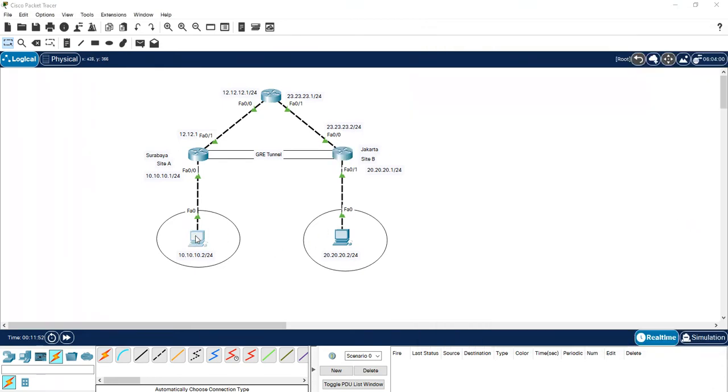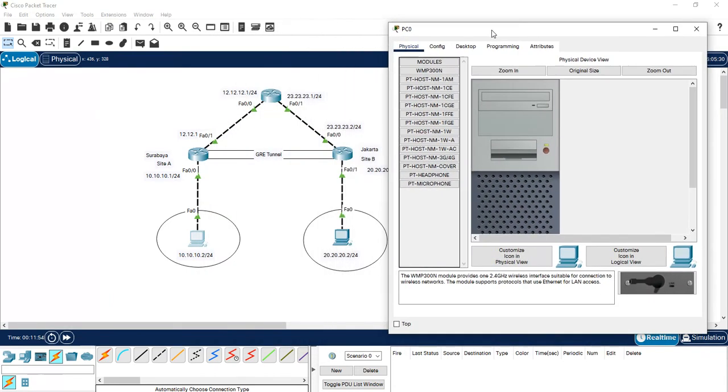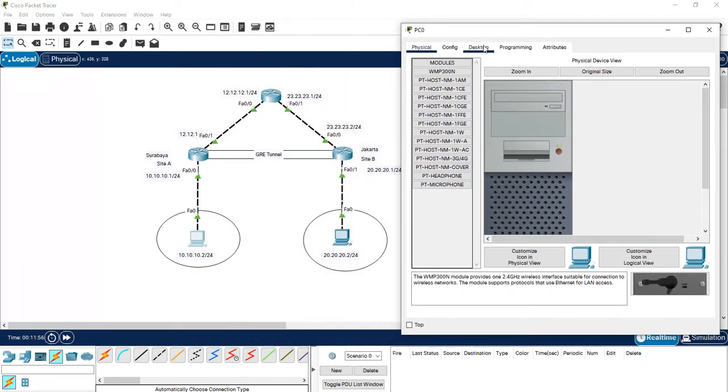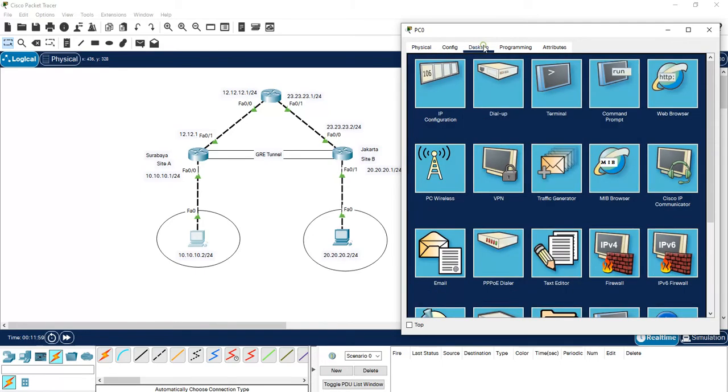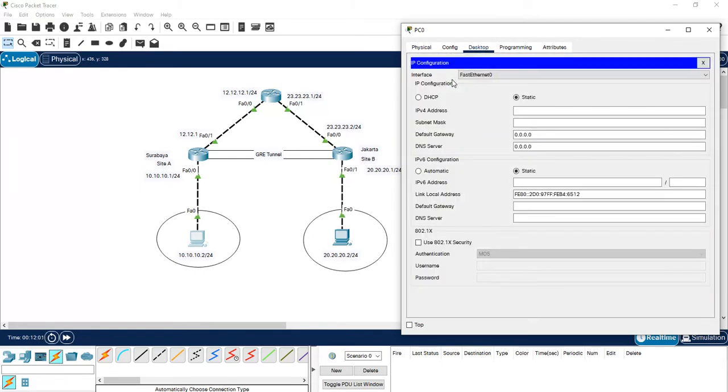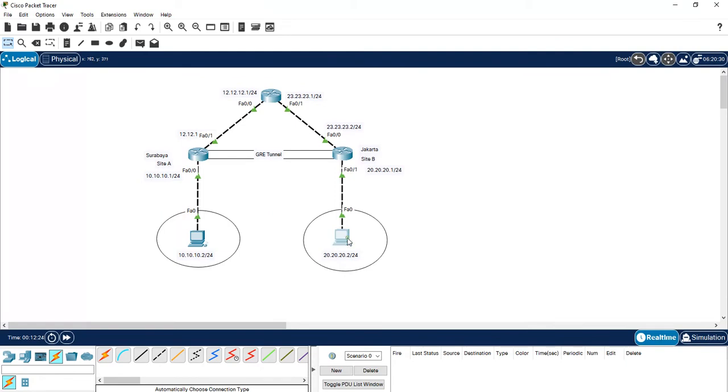Now we put an IP address on the computer. We move to the desktop, IP configuration, then IPv4 is 10.10.10.2, the subnet mask is 255.255.255.0, the default gateway is 10.10.10.1.